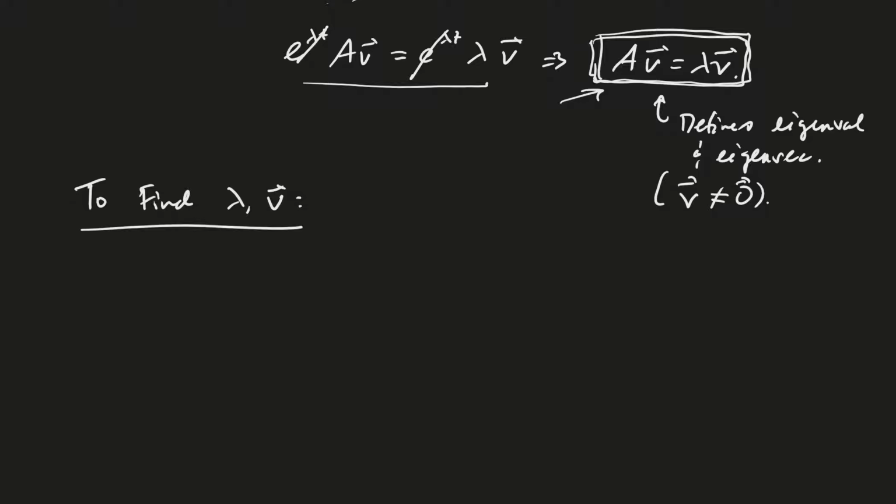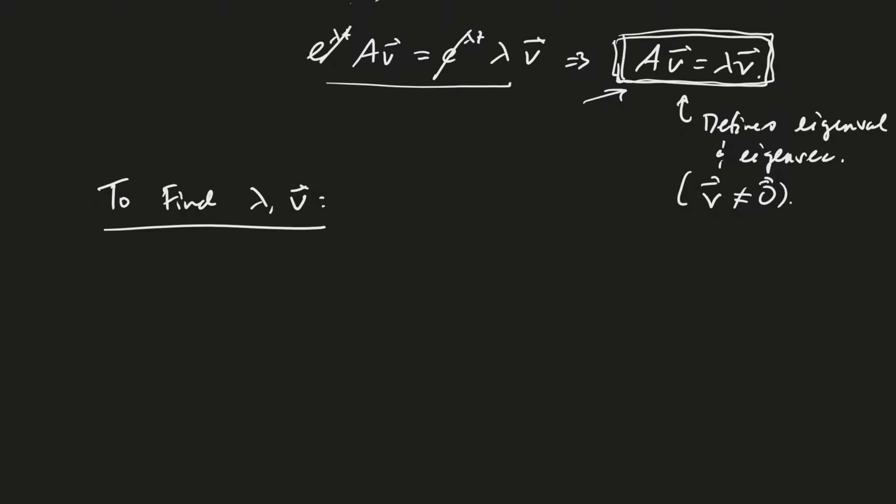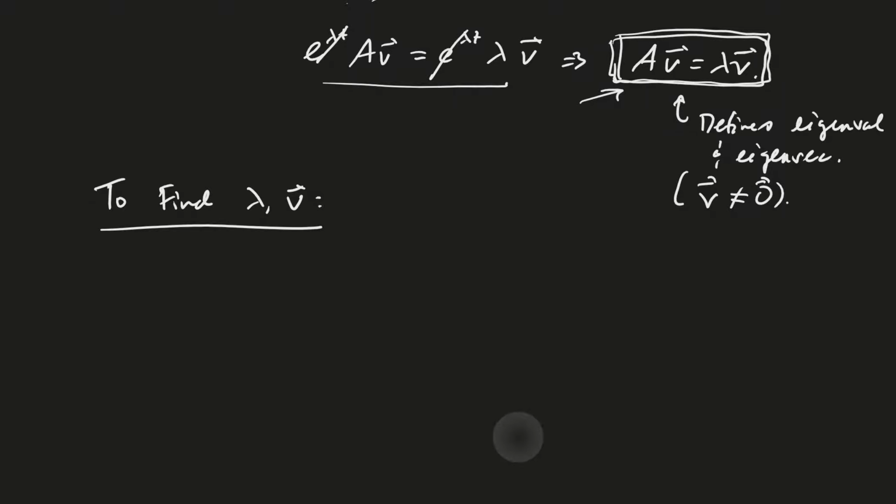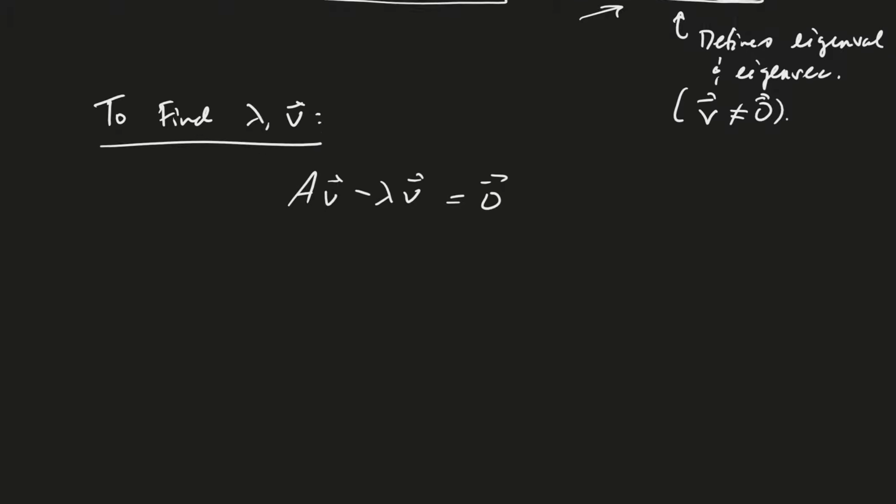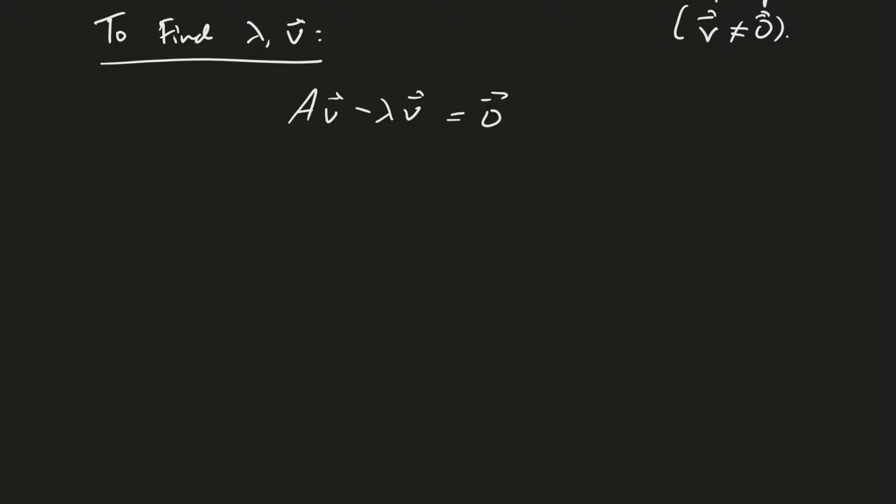So how do we do that? The first way is to go ahead and get that set equal to 0 instead of equal to lambda times v. And so we start off by taking Av minus lambda v equals the 0 vector, because now we're solving for the null space of a matrix. Well, not quite yet. We need to factor the v out. And remember that when you do that, we need to actually,